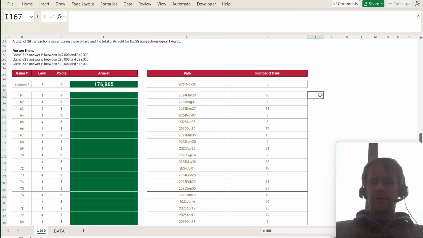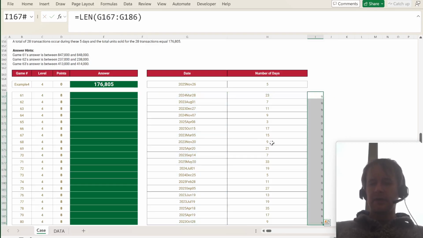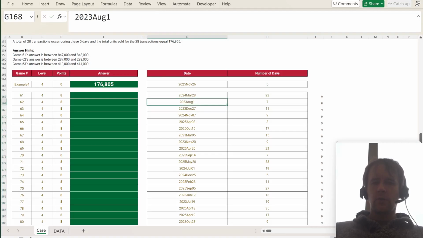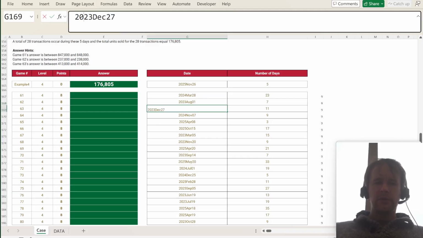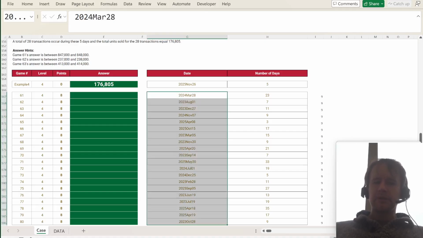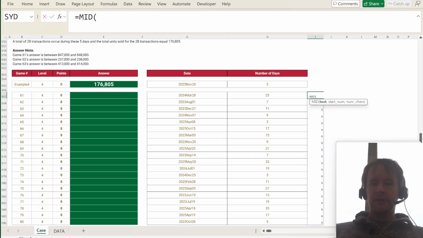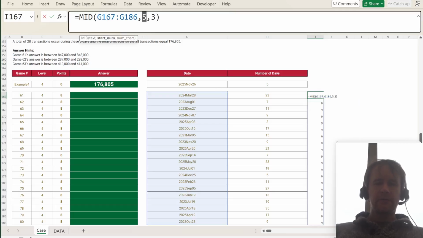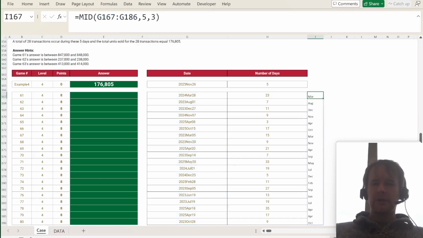Now, one thing to notice here, and I checked it last night, I'll just show you again now, is that they're all the same length. So, it's possible, for example, something like this could be encoded as OG1, or something like this could be encoded as 23 dec 27. But as it is, they're all of the same length. And that is quite handy because it means that you can do something like mid of this 5, 3, which means, take characters starting from position 5, give me 3 characters, and that'll give you the month